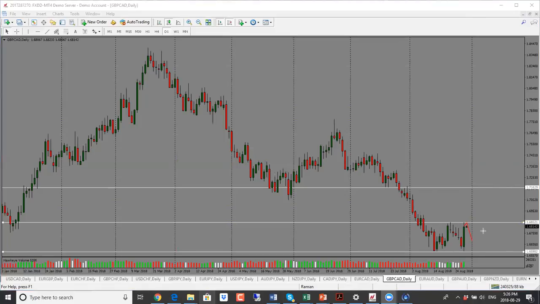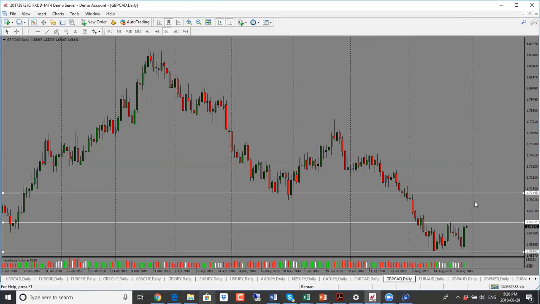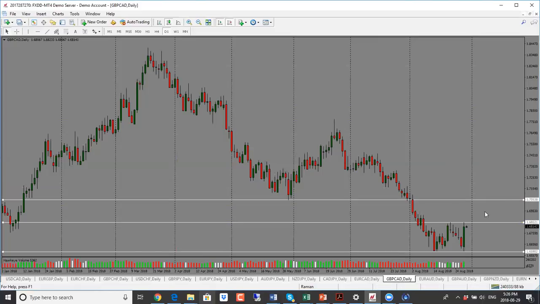So right now it's range bound, and I would trade it as a range bound market. If it breaks above the 1.6850 level, then I'm looking for price to go all the way up, and 1.7050 would be my target. But if it is not able to break 1.6850, chances are it's going to come back into the middle of the range. So I would be looking for price to drop. And in that case, it can go all the way to the bottom.